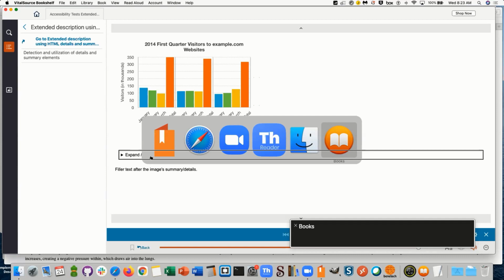The same technique is being used, and we're just applying that HTML element, which was introduced in HTML5, for these extended descriptions. And I personally like this technique very much, and it works really well in many places.